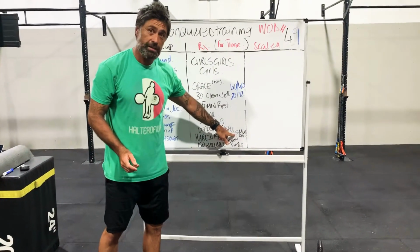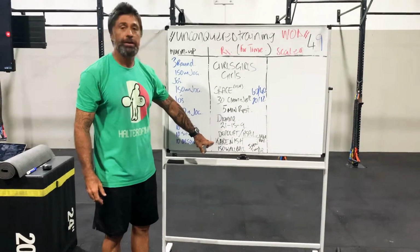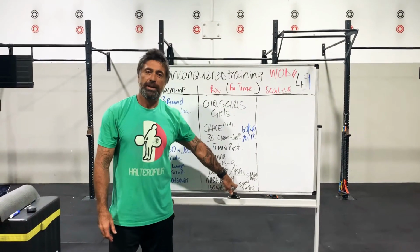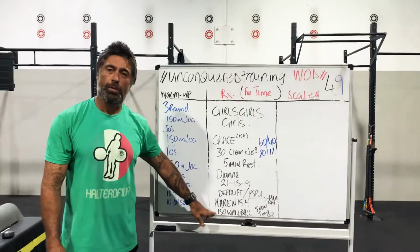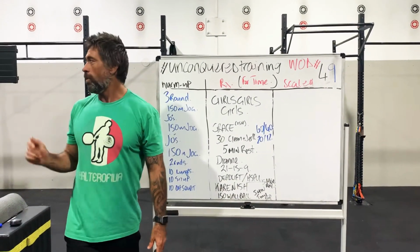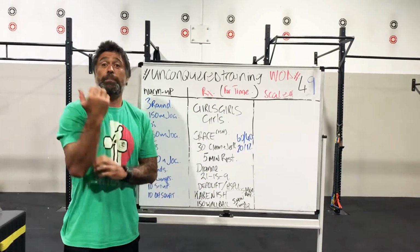5 minutes rest. Alrighty? Clock is continuously moving on. Here's where it gets interesting. Karen, or Karen-ish. We are going to give you a 5-minute time cap on this. So you are going to go for 150 wall balls, and that can be up against the side of the house. It can be with a med ball. If we don't have med balls, we can do a dumbbell thruster, a barbell thruster, but bring that weight right